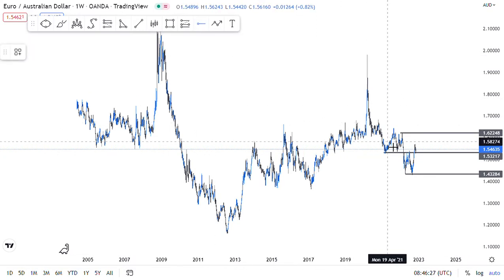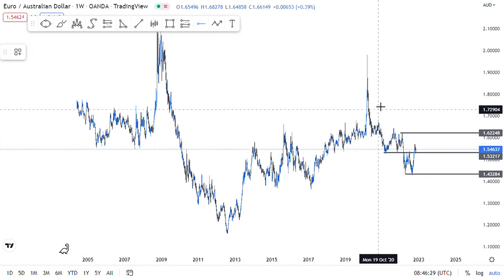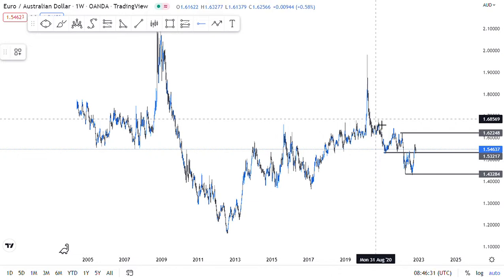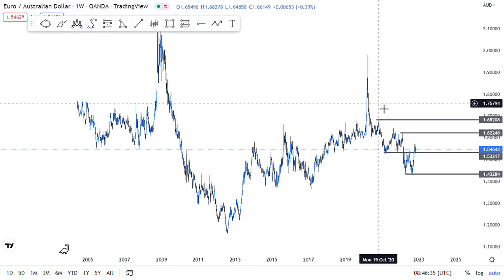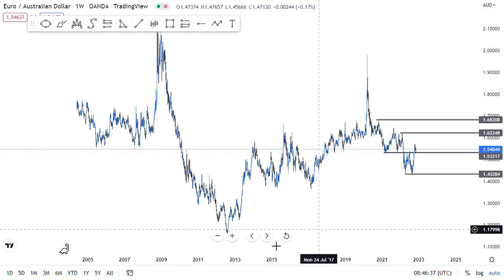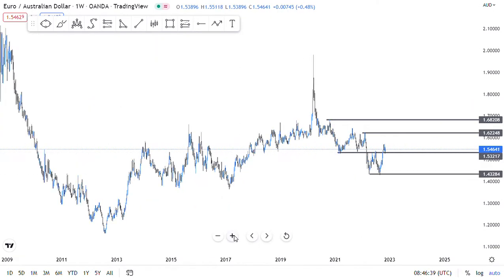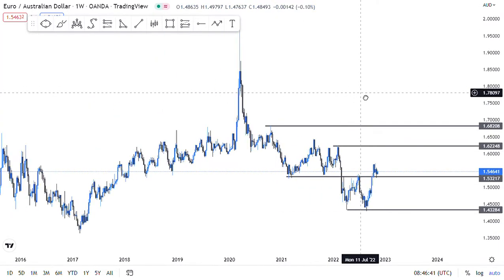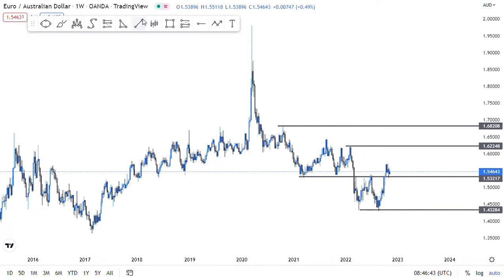Now, one thing about the market: the market becomes easier when you focus on one strategy. If you switch from one strategy to another, you will never understand the market. You will always be on the losing side. If you stick to one strategy, you will understand